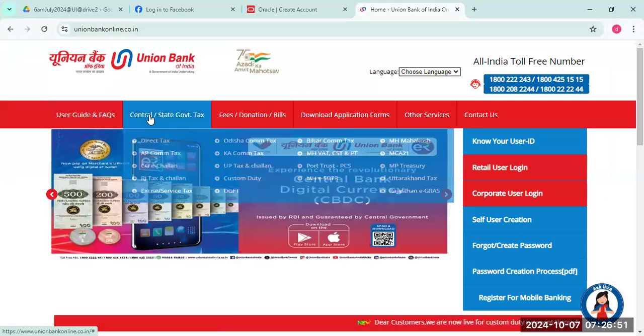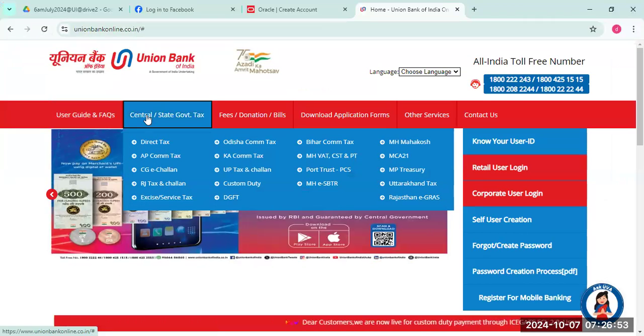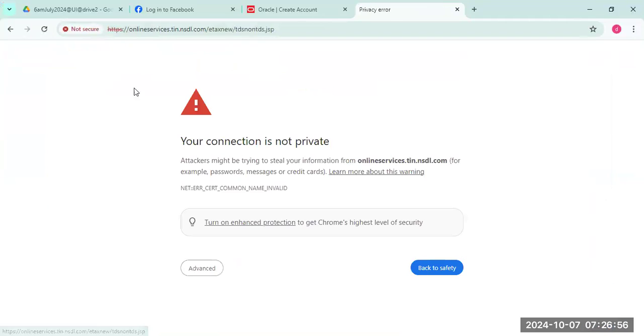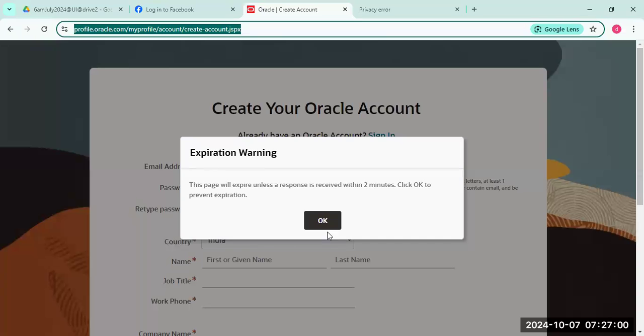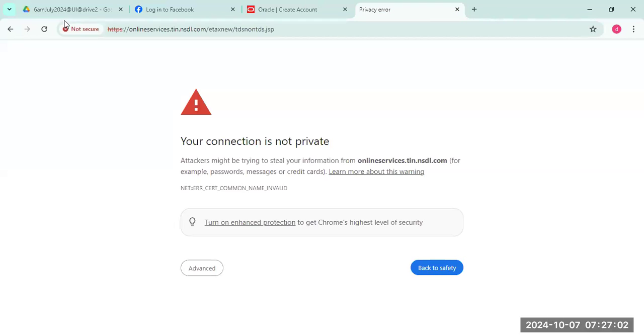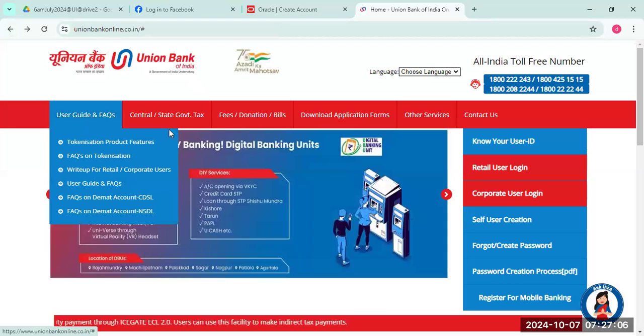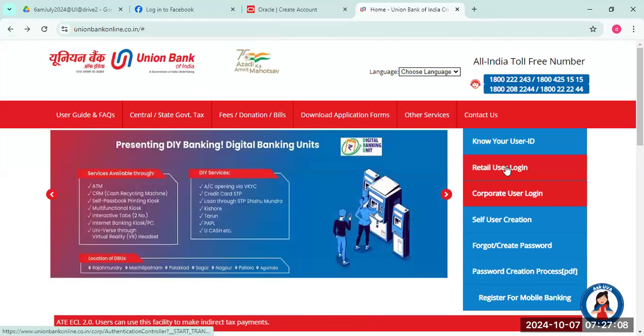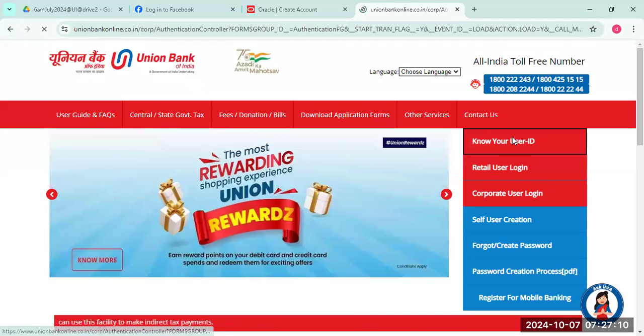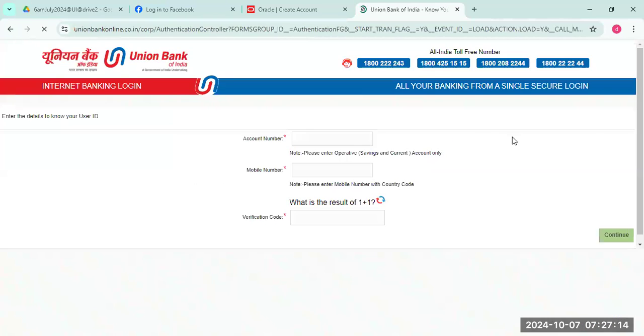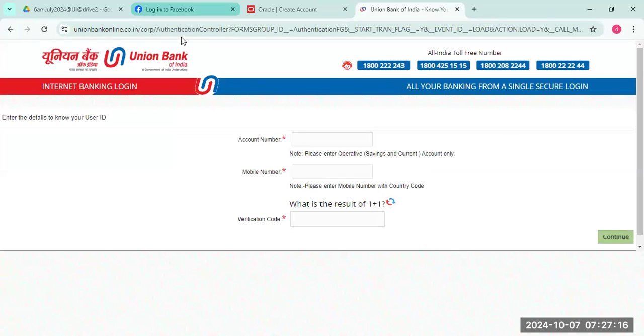See here, if I want to go for central government taxes or something, direct tax. See here, this is redirecting to some other page. Here it is a JSP page, it is redirecting to some other page. Here, fees and know your user ID. See, this is related to this particular site. You can check it somewhere, it will show you that related